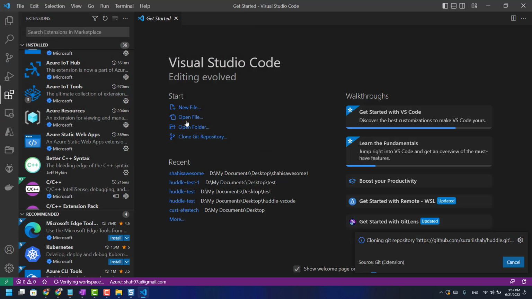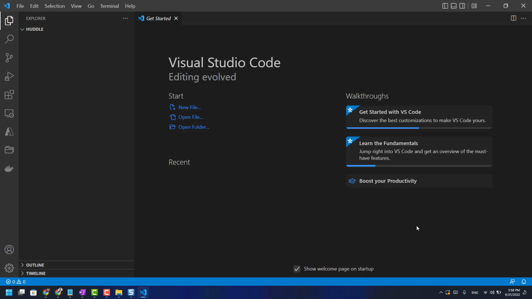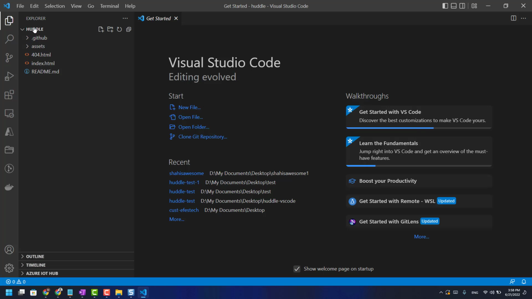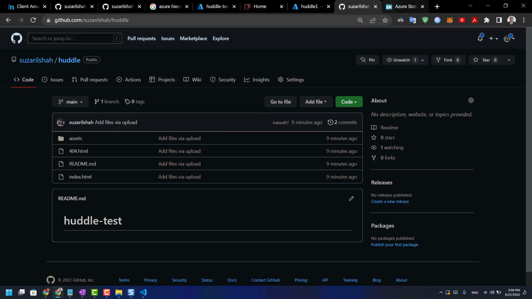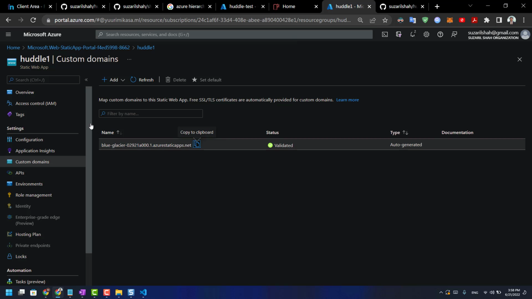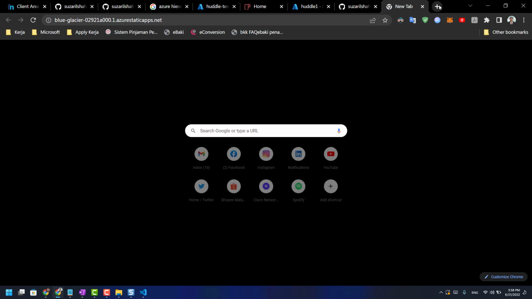All right. So GitHub will actually clone your repositories to your workspace. As you can see here, we have our workspace environment. You can actually edit your website directly from your IDE, right? I believe that we have already prepared our website. So just go to Huddle1 and copy this URL, and we should be able to view our website,